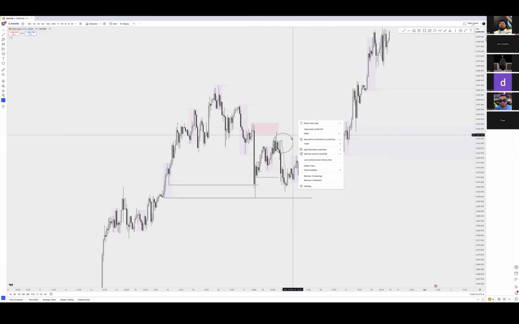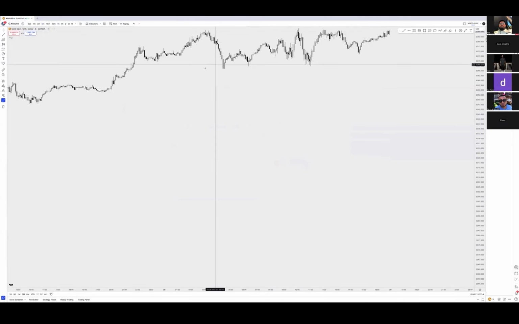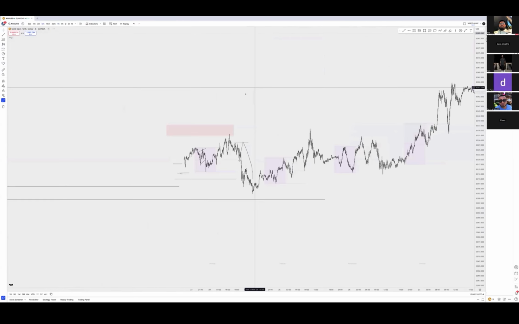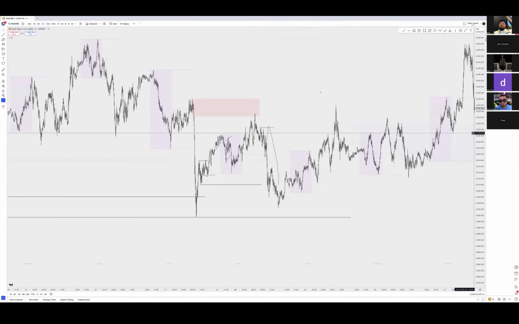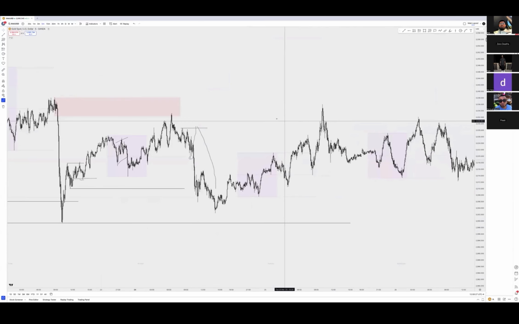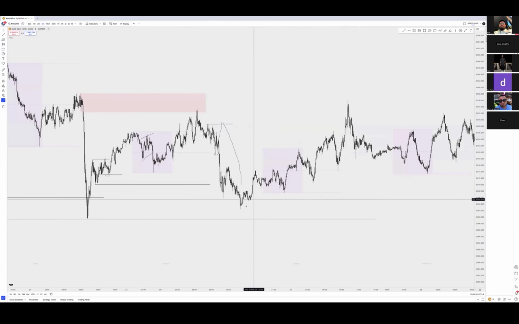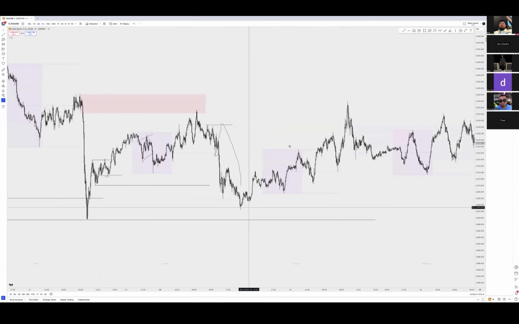So that's why, for example, I would have liked to see this happen right there. Now it doesn't do that, but then it does it after taking out this right here. And honestly, after taking this out, I wouldn't be looking for anything down here, right? So it takes out the high, comes and takes out the low. Now, if I mark this out, cross, that's where buyers got induced.